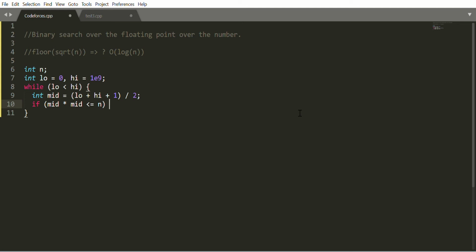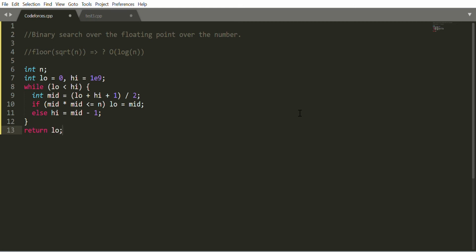This is the condition met to find the square root of n. Then just return the low value.